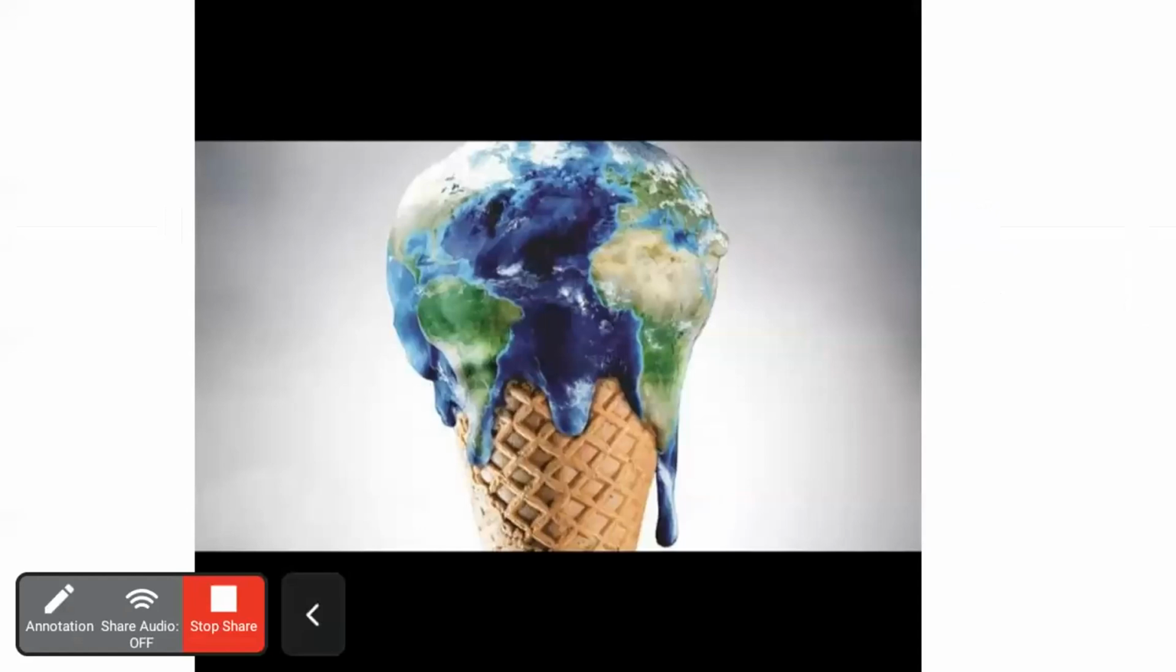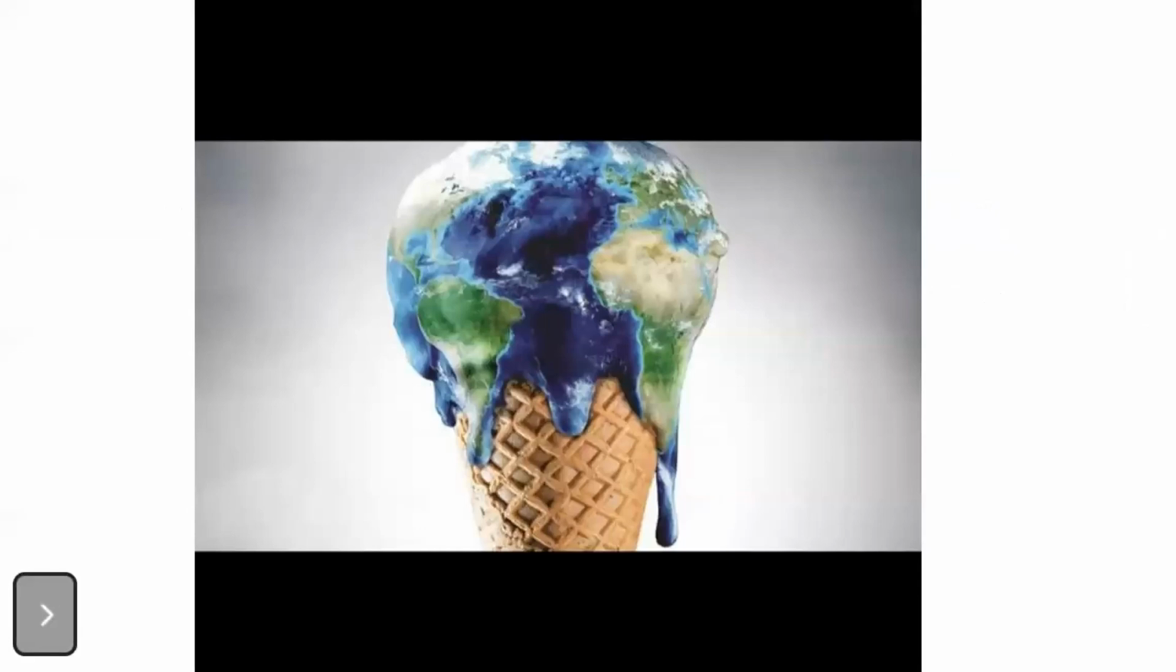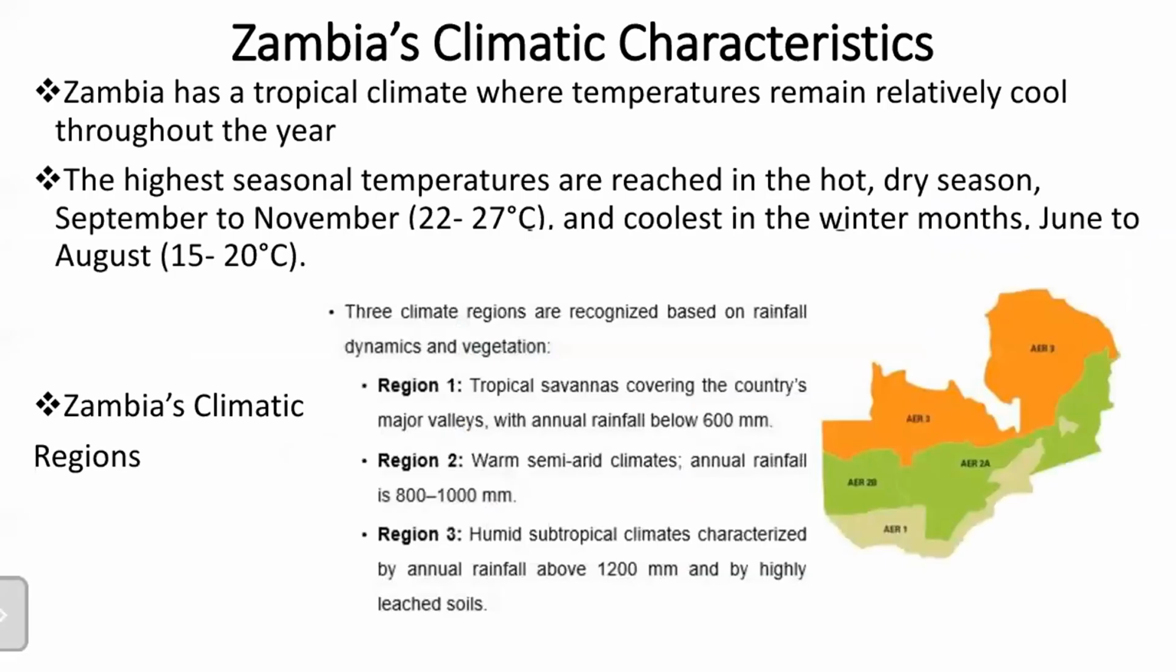Awesome. So yeah, what we can see here is the Earth on a cone of ice cream, and as we can see, it's melting as a result of the impacts of climate change and global warming. So Zambia,